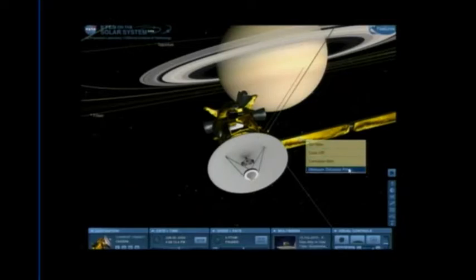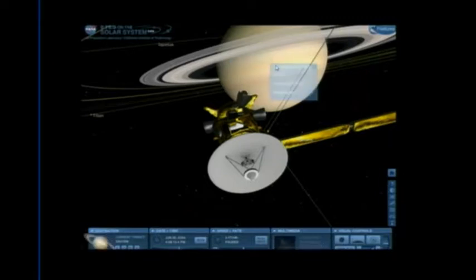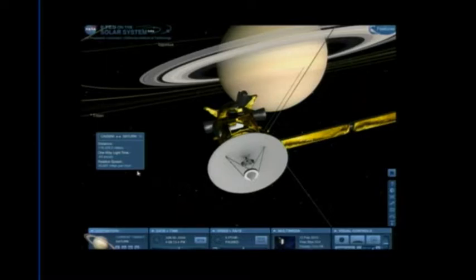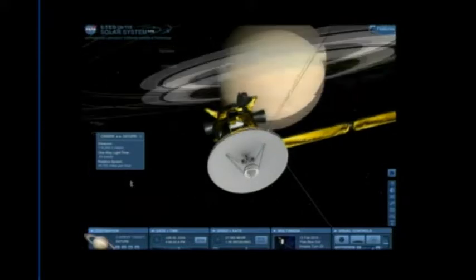I want to say measure distance from, and the next label I click on, which I'm clicking on the Saturn label, you probably can't see it. So there is the distance between those two objects, their relative speed and light time, right? Between the two of them. You notice I'm going to go ahead and go back to real rate. So the spacecraft is traveling relative to the sun at 27,000 miles an hour. But relative to Cassini, it's traveling at 40,697, 98, 99. Okay?